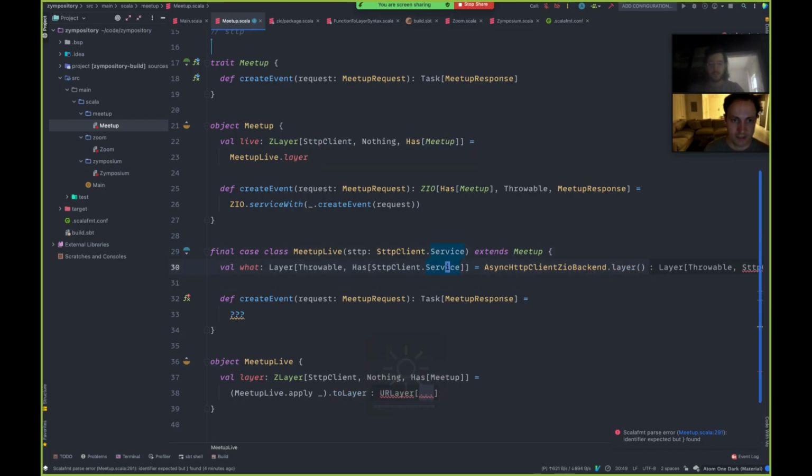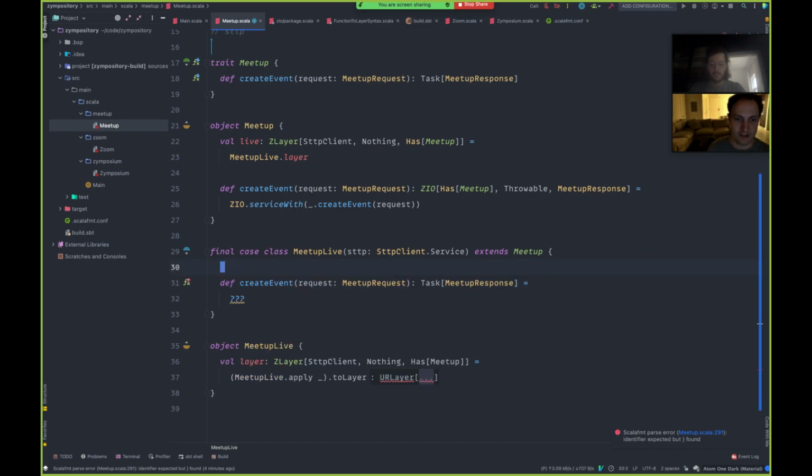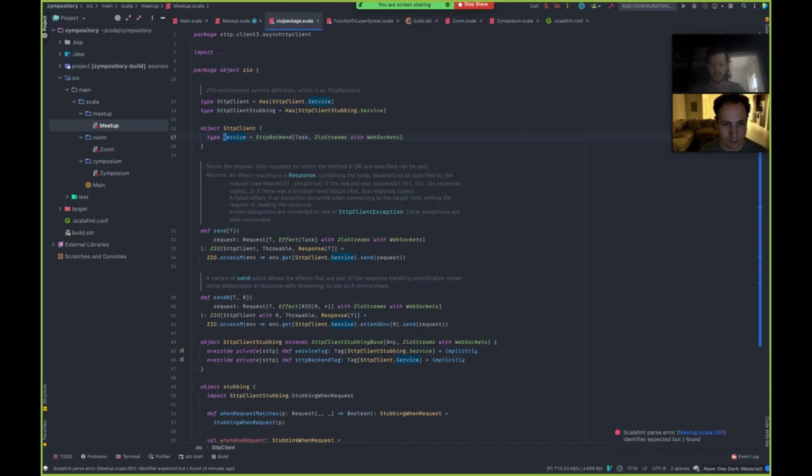Okay. And the other thing that's really nice here is you can see how that immediately flows through. I change it there, and then I have to change it there, and we're getting a lot of help from the compiler here. Yeah, actually that one needs to be a Has as well, but I can just regenerate it and it just works automatically. Why does it say Has service?